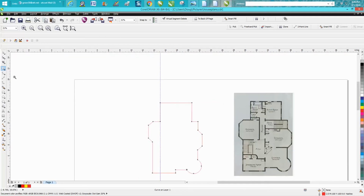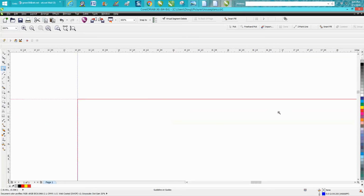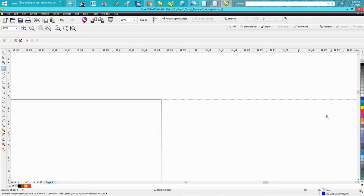So if you've drawn something and you want to check things for levelness and stuff, use indexing lines. Let's just put another indexing line right here, and it'll snap to if you've got it snapped to. So both my corners up here are correct. But if they weren't by chance,